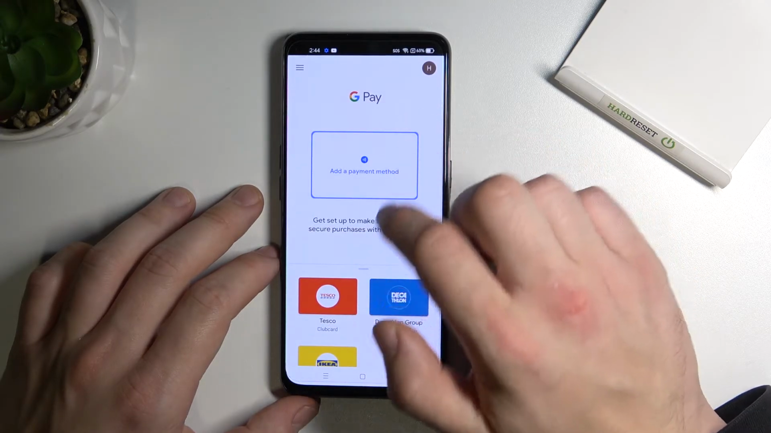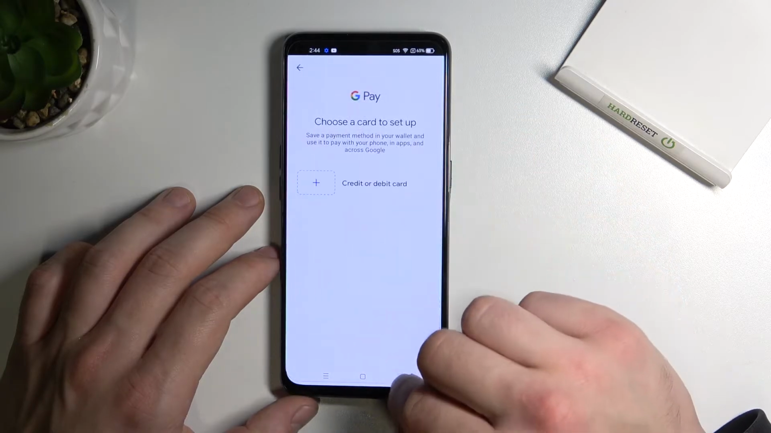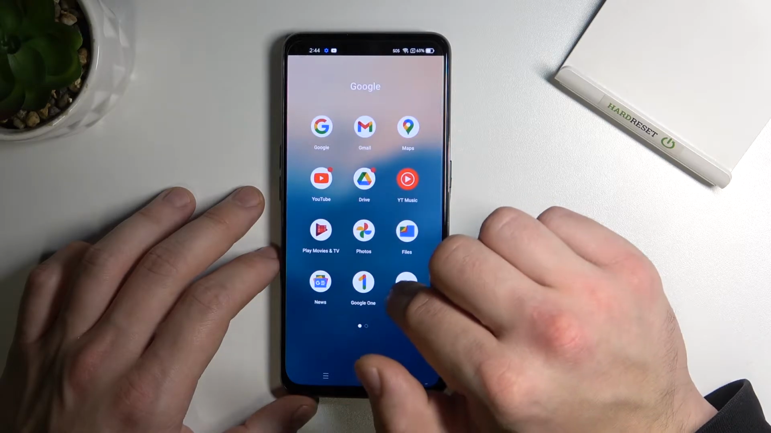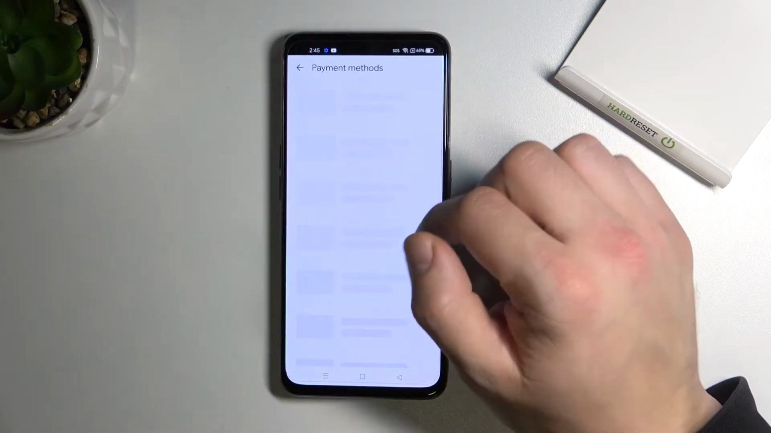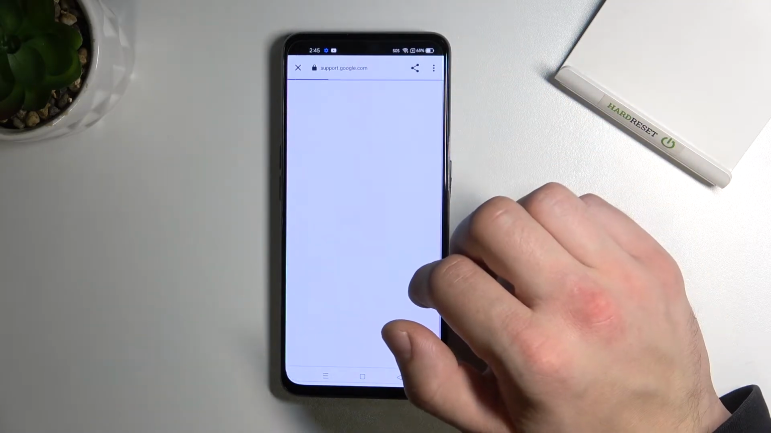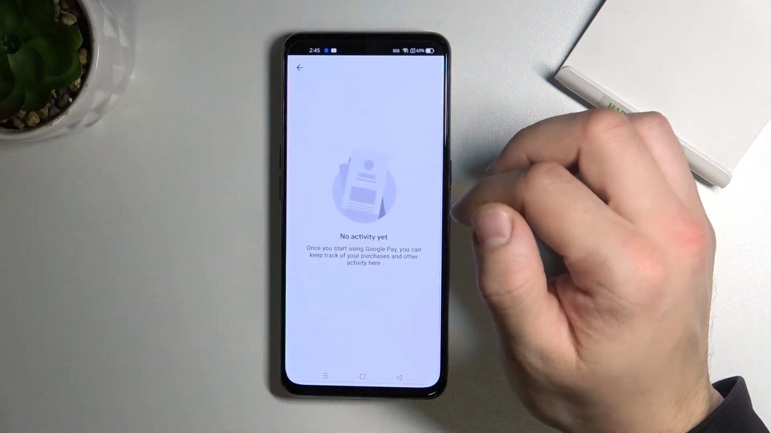As you can see, this is the homepage of Google Pay, and from here you can add payment method or add different types of cards. Then, if you tap here, you got access to all your payment methods, participating banks, activity,